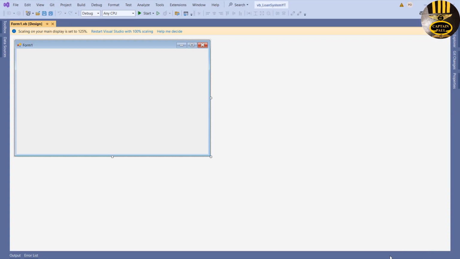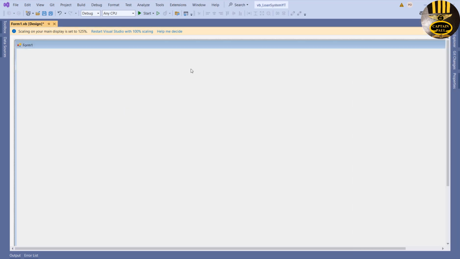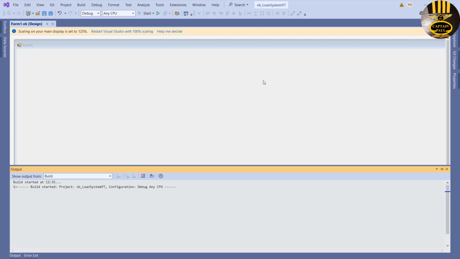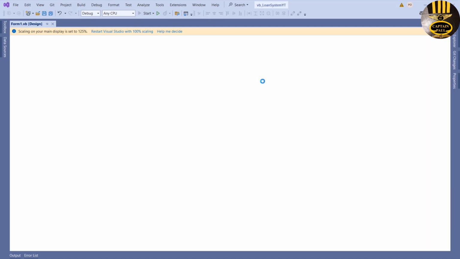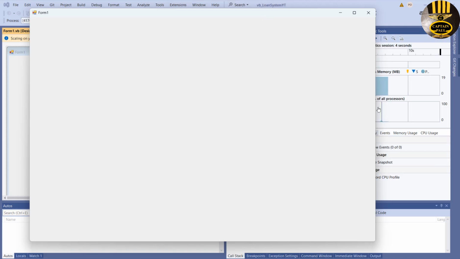So let's define the size of the form. So let's click on the properties. The properties here, I'm just going to set the size as 1942 by 1020. So you can also go straight in here just to make sure the right size is defined. Let's run it and see. There we go. That's what it's giving me right now, but I want it to more or less fill up